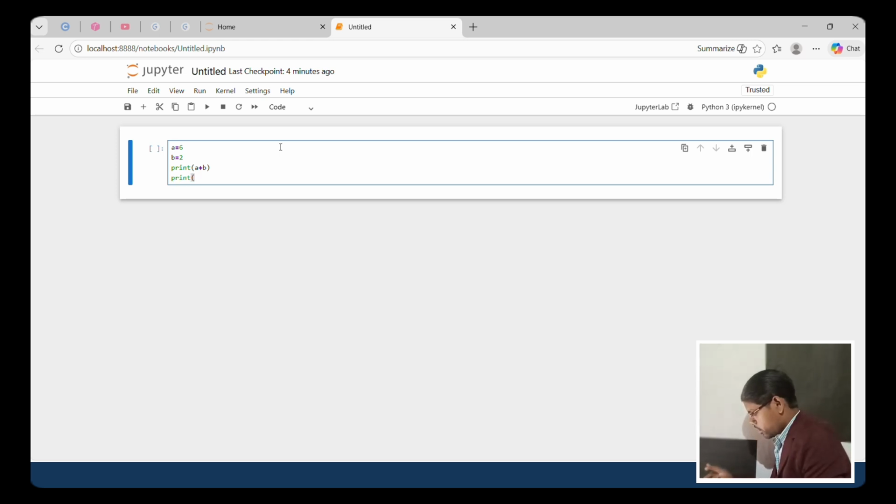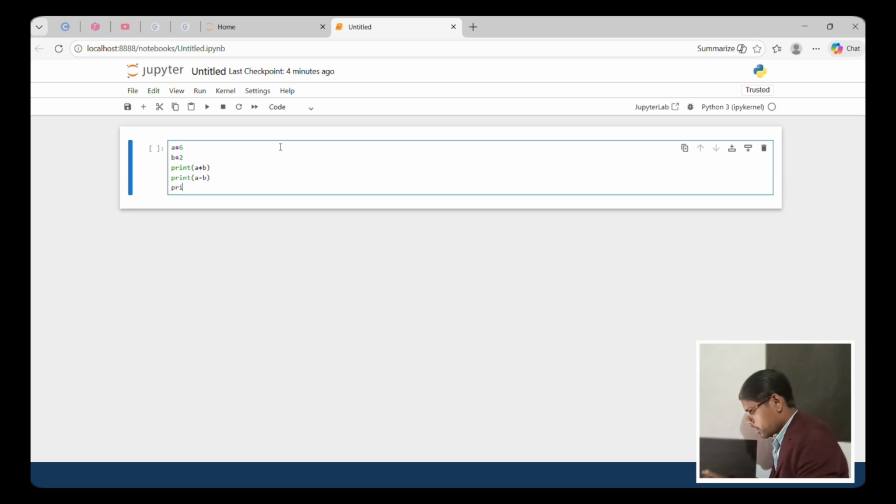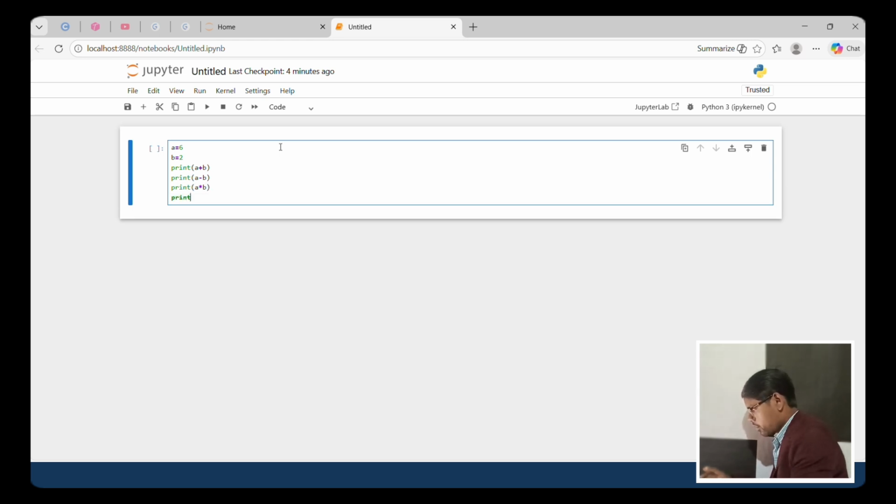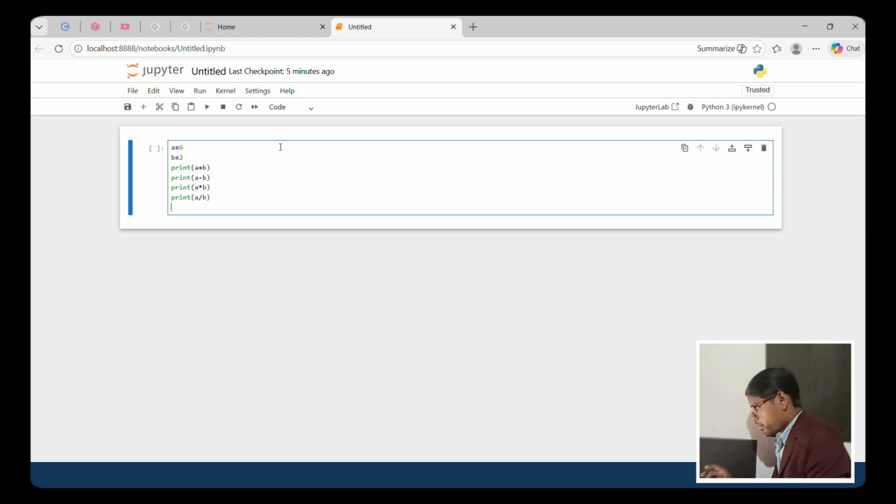And A minus B. Okay, and print A multiply B, and print A divide B. Print A modulus B. Okay, I will check the modulus sign.